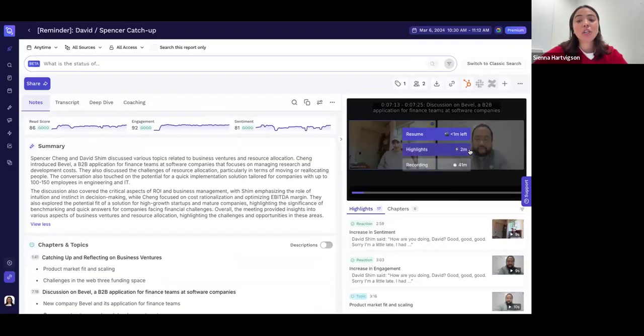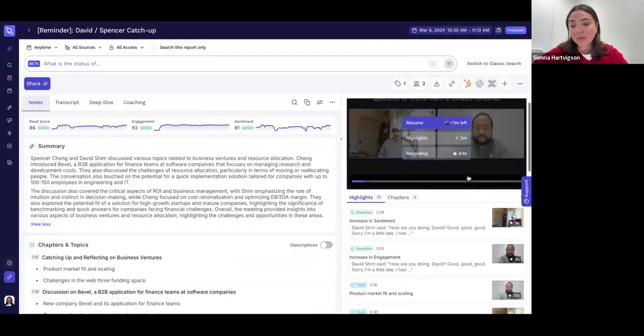I find this to be a huge help, especially when I'm doing demos or having face-to-face external calls, or maybe for people who are reviewing financial documents or upcoming project details. This would be huge to be able to compare what was said to what was also shown. So I love that we're going to be able to give you a full picture of what was discussed in a meeting.